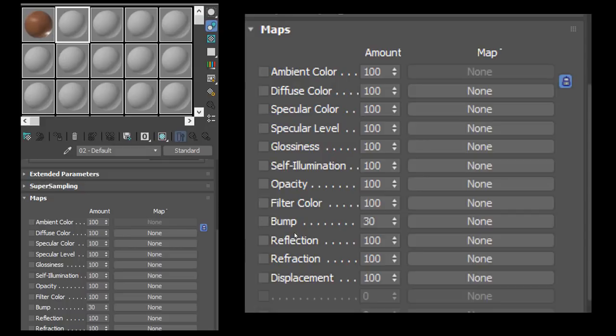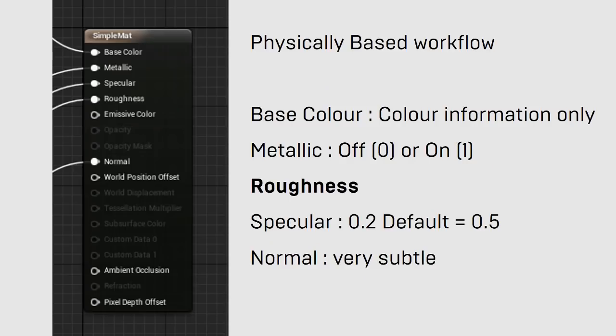For example, when we put a black and white bump map of a brick texture with the light coming from above, the bump is hard coded into the actual texture. Or we will put some bit of dirt in our diffuse color to add some variation, or for example the color of a metal would be in the reflection slot here. So these are all things which we're used to, and it's this new workflow, which is called physically based workflow,